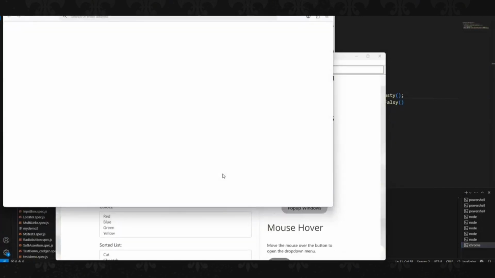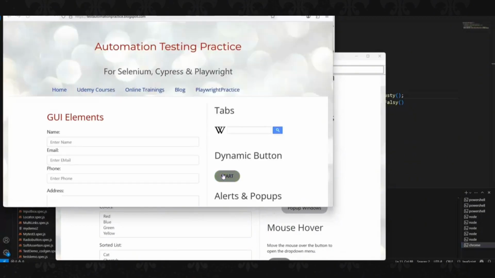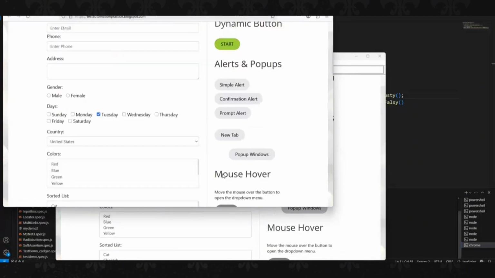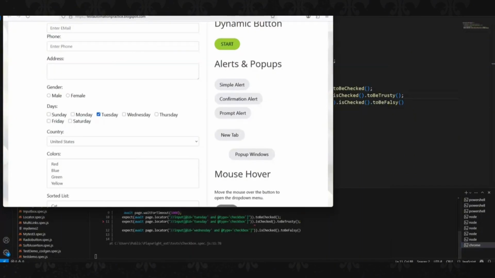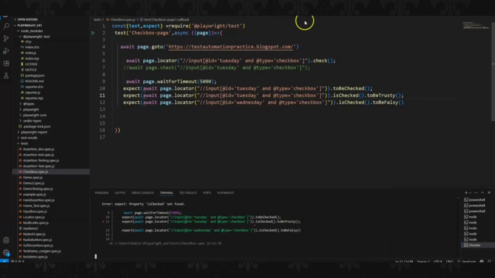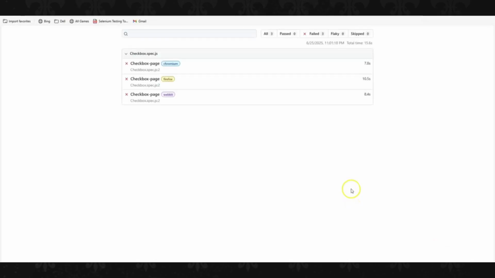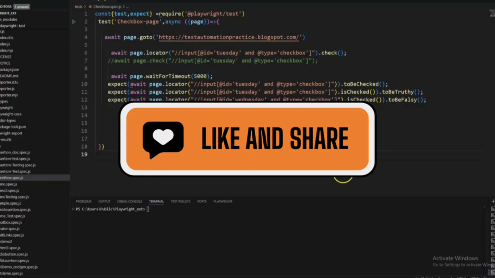Now WebKit and everywhere, like all the browsers, and we can see it's generated the failed report. So the test was failing. What we need to do here,